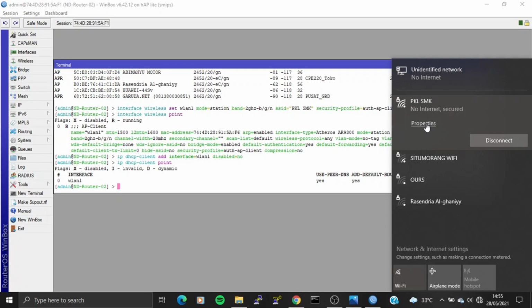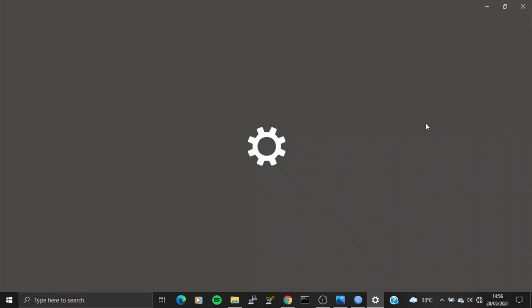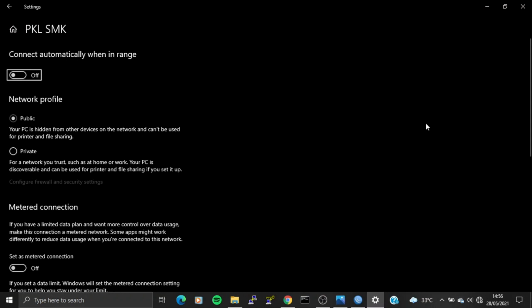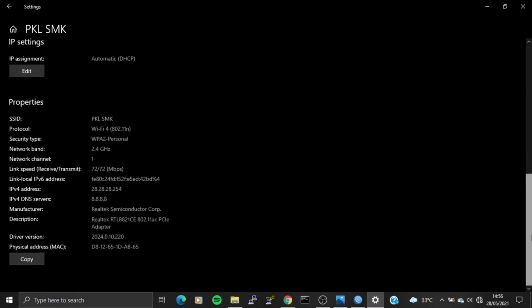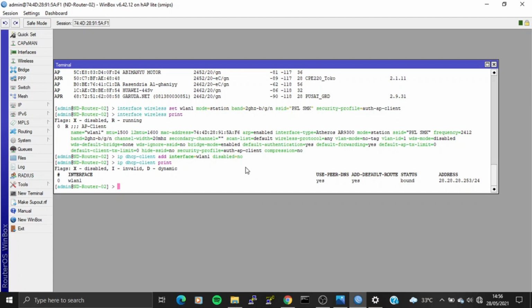And then click properties. And we could see the laptop has been connected to Wi-Fi with the SSID PKLSMK and then got IP address 28.28.28.254. Okay. And also don't forget to ping the IP of router 1 using ping